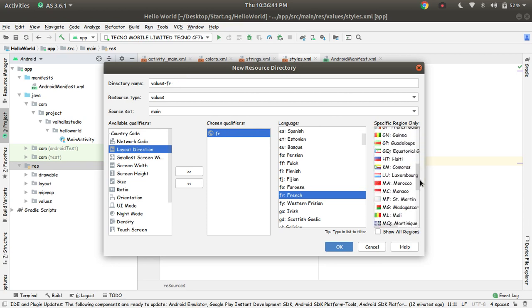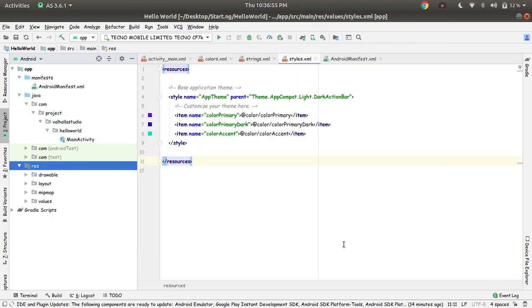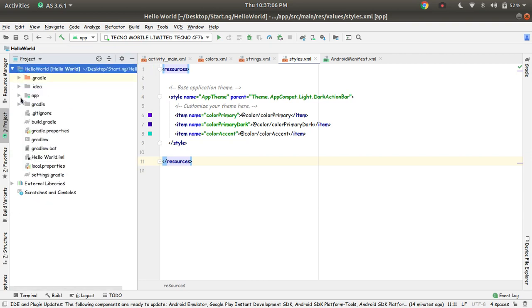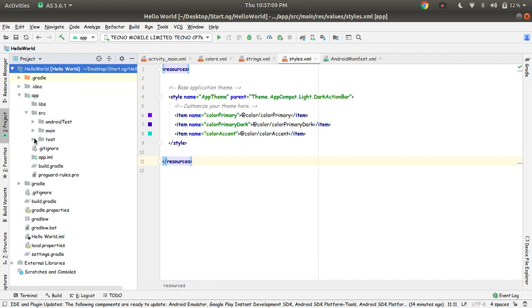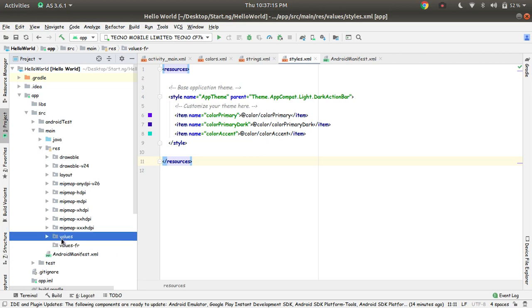I don't think this actually applies to all of them, just the countries that have people that speak French. So any region, and then that adds another values-fr file for me. To actually see this, I can't see it here, so I can just go to my project file. It will show as it is in my project. Okay, so res, values, you can see that values-fr. So here, I can add the string and put the values for the hello world alternative